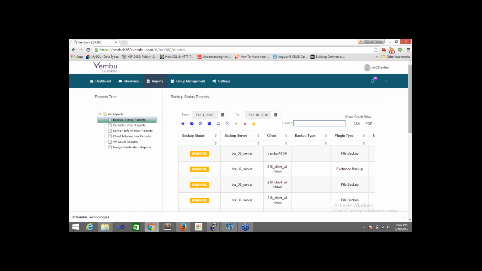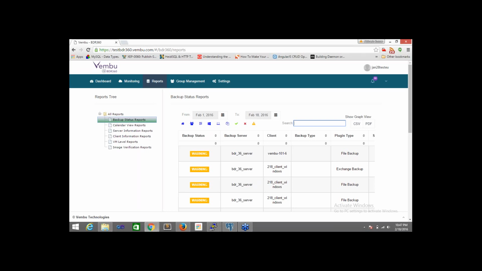The VM level reports are the next very important reports. Suppose for a particular backup you have 5 VMs configured. In the VM level reports, we are moving ahead from the backup and we are going to show the VM statuses, like whether a particular VM is successfully backed up or not. So we don't care about the backups. We can leave the backups and see only the VM statuses in the VM level reports.